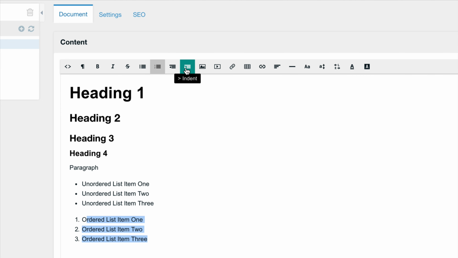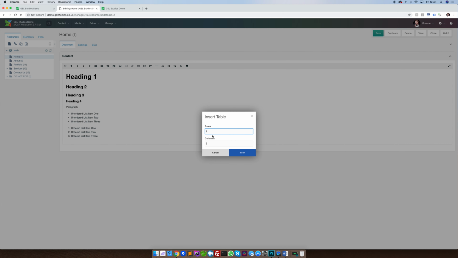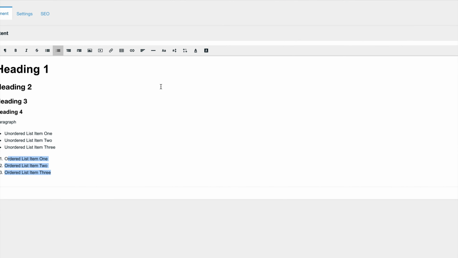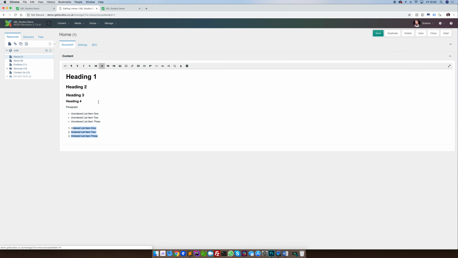Outdenting, indenting. Inserting an image. Inserting a video. Attaching a file. Creating a table, and that allows you to insert a table with specific rows and columns. Adding a link, alignment of text, so if we hover this, we can center, right, or left, adding in a horizontal rule,